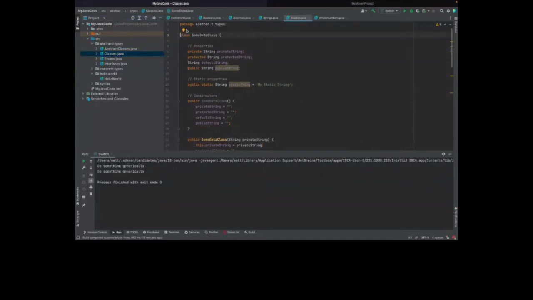So if we have a look at this, we have a class. You might notice it's not got public at the beginning of it. That doesn't really matter right now. But the point is, it's got some class, and we've called this class some data class because it's going to contain some data. And a class essentially is just a blueprint for what an object could look like.